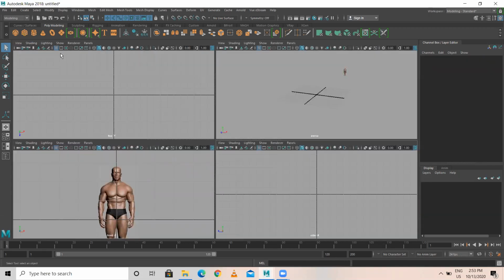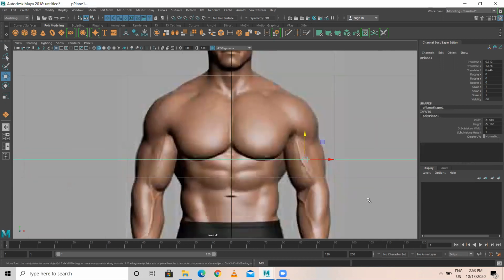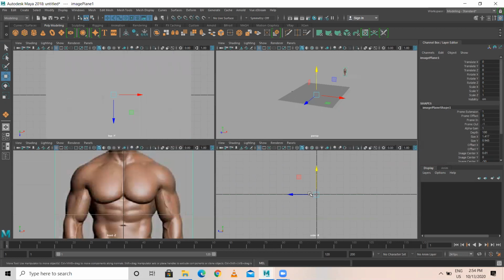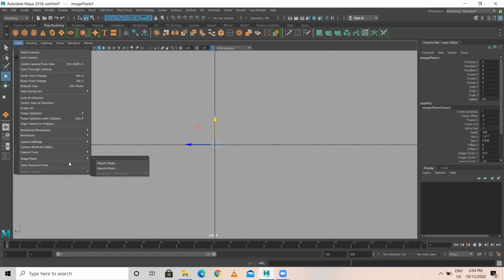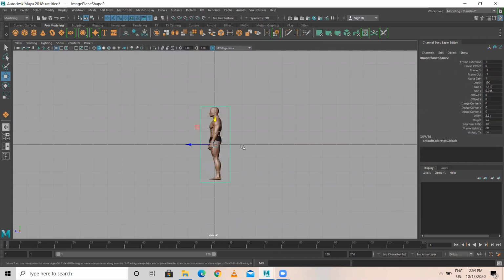First, what I have to do is, let me create one plane here. I need to match this plane. Here for body, human anatomy, the matching area is this chest part. Chest line is there, this particular line. Place a plane over here. Okay, now I'll come over here. We have already a plane here. So next, image plane, import image. Inside view, let's import side image.